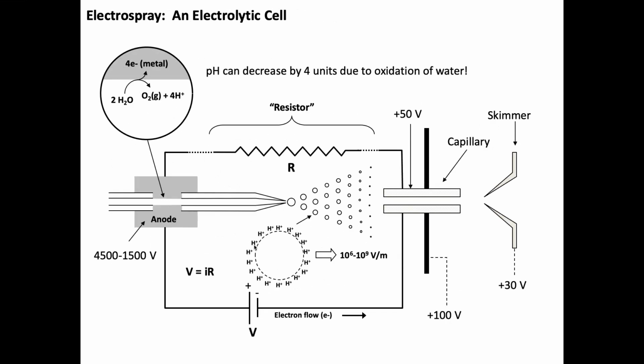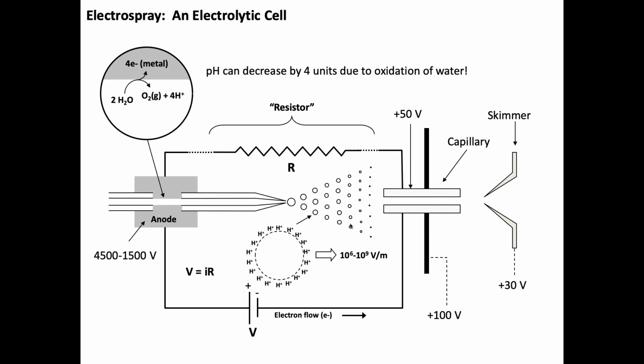The key thing here is a capillary, where your sample solution is passing through to form this droplet. You have an anode where you're putting a high voltage, let's say 1,500 to 4,500 volts, a typical range depending upon the flow rate of your LC system. You're essentially electrospraying at atmospheric pressure, out in the air, and you have an instrument inlet going into the vacuum system. We can talk about this in more detail in a minute, but it's essentially an electrolytic cell,